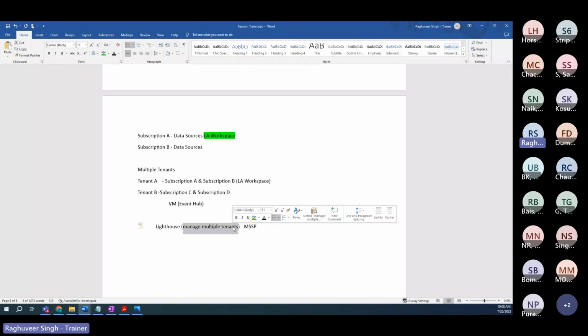I have multiple tenants. I'm using Lighthouse, and using Lighthouse, I am actually able to manage my Sentinel deployments. So that's one of the options. And the same service can be used by, let's say, DXC to manage multiple customers. So you have 20 customers. You don't need to create 20 separate teams to manage the security monitoring for them. You can have one team with Lighthouse configured and 20 subscriptions, 20 tenants configured in that Lighthouse with the bifurcation